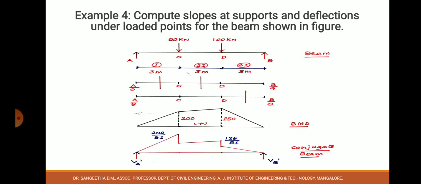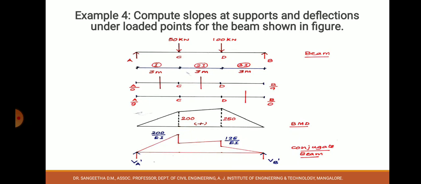Now we will switch to conjugate beam. In the conjugate beam, support reaction VA, and it is a simple support as it is. And whatever the bending moment diagram you have, divide it corresponding to its EI values. For AC span it is I. So up to AC it is 200. At C the cross section changes. Cross section increases 2I. So what your M by EI value? M is 200 divided by EI. So it becomes 100 by EI.